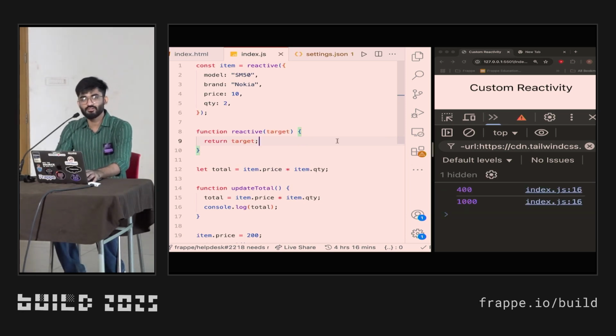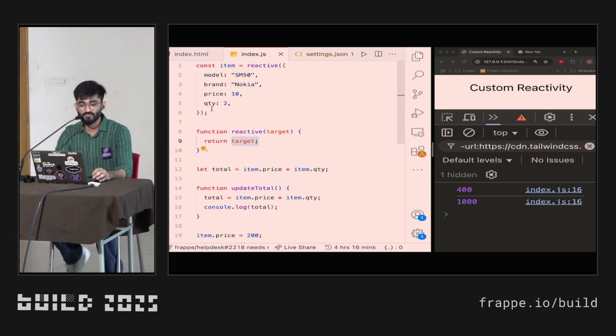So now everything works as expected. Now in this, I want to track that whenever this object is being accessed, the quantity and the price properties are being accessed throughout our script. No matter what script it is, we are accessing these two properties from this object. So for that,